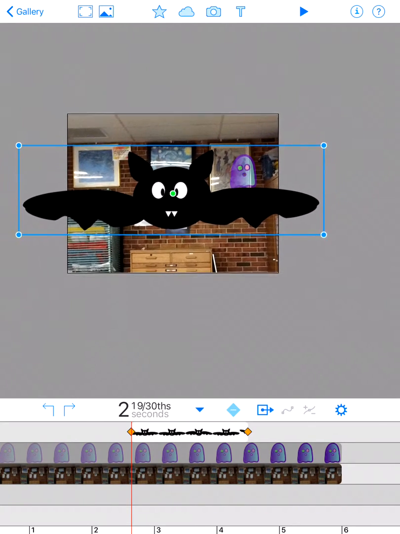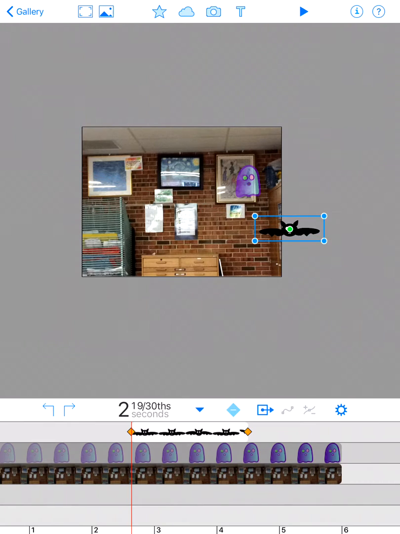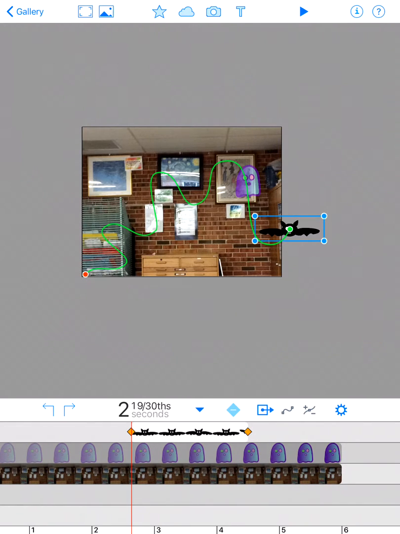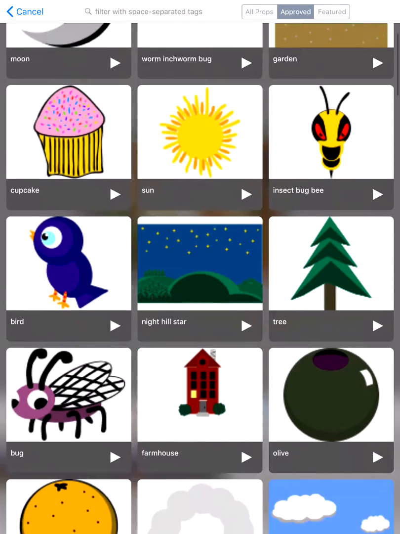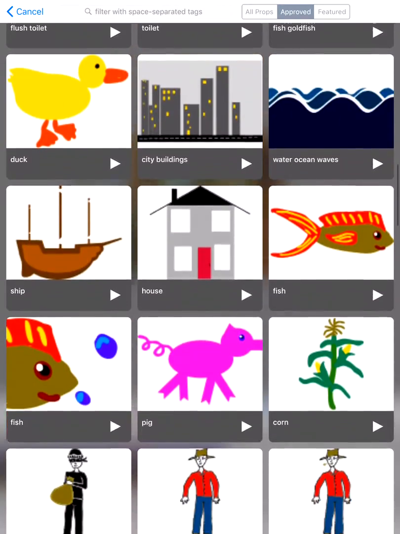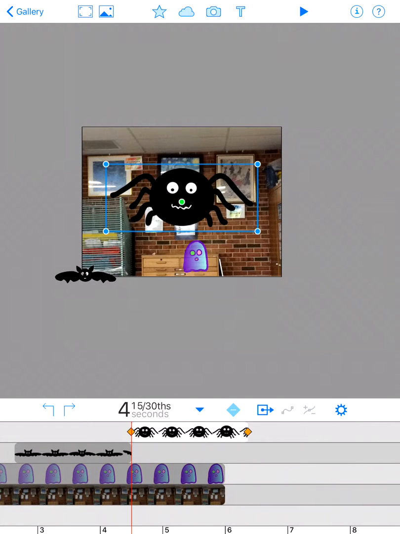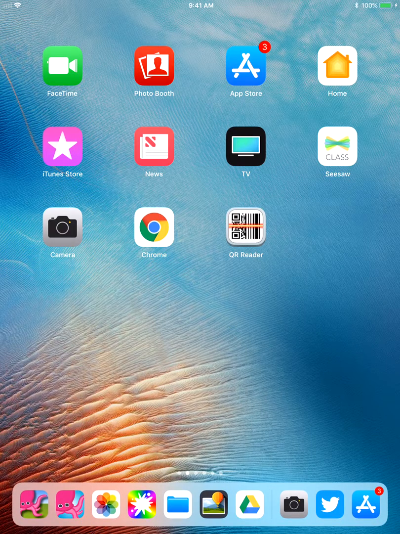And so this bat is big, and I'm going to shrink this bat a little bit like this. And I'm going to draw my bat kind of doing its own little thing, coming in here like this. I also like the thought of having that spider kind of just dropping in at the end. So I'm going to go back in, again, touch that cloud, scroll down. These are all ones that have already been made. And I'm going to bring this spider. And I just want this spider to be all the way in the back here. So I'm going to zoom in to here and I'll fix